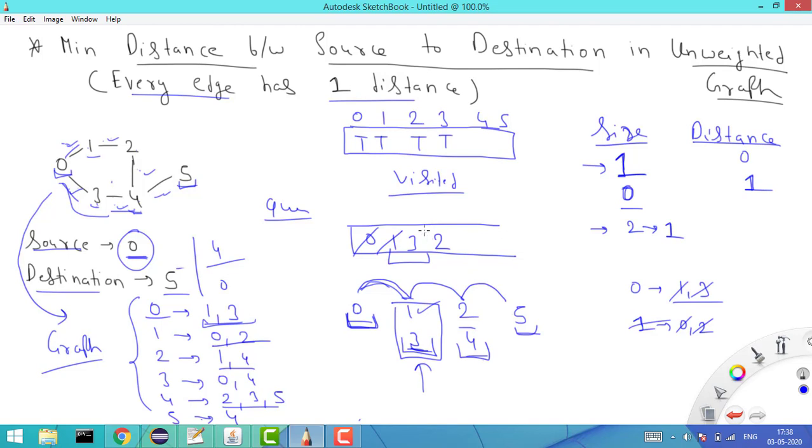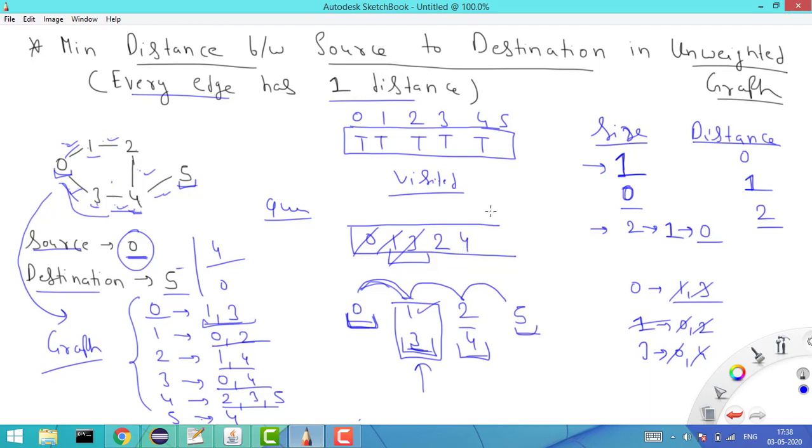Now I will remove the next element from the queue, which is 3. So now I will decrease the size by -1, so now it is 0. Now if it is 0, it means I will increase the distance, right? Now I will operate on this 3. Give me the neighbors of 3. The neighbors of 3 are 0 and 4. Now 0 is already visited, so we won't do anything for it. Now 4 is not visited, so for 4, I will mark it as true here and I will put the value here in the queue.